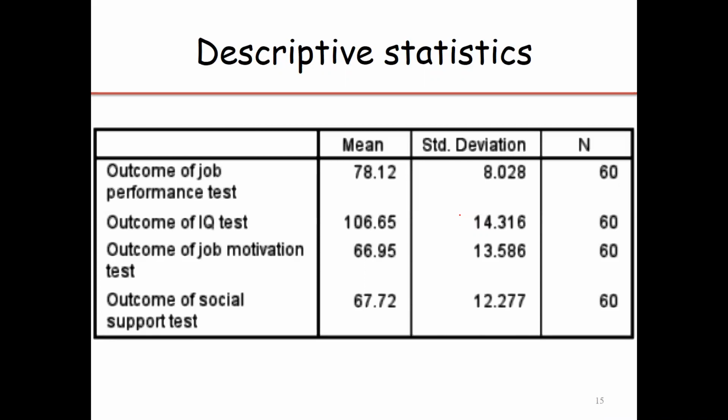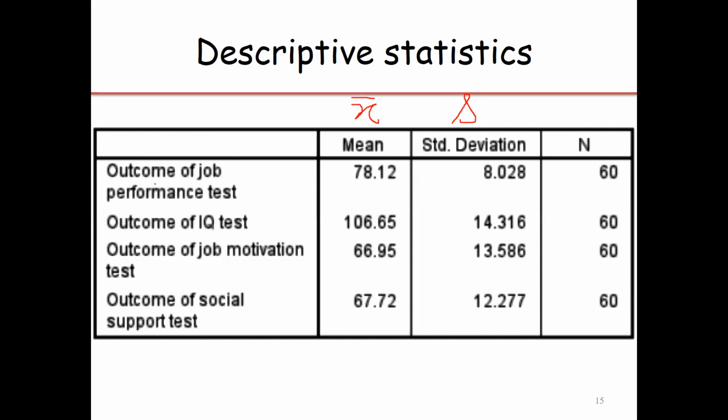Second step is the descriptive analysis. In this descriptive analysis, the mean of each variable is given, and the standard deviation, which is a sample standard deviation. We can indicate this by S, and we can indicate this by X bar, because these 2 values come from the sample, and these are the sample sizes.